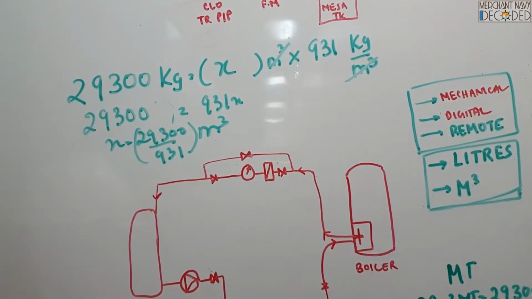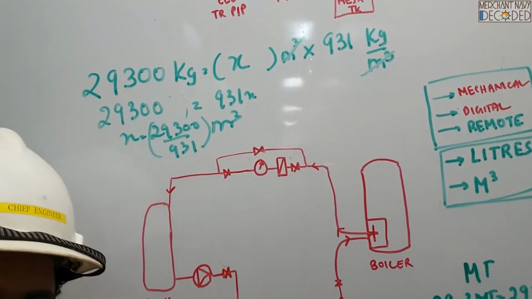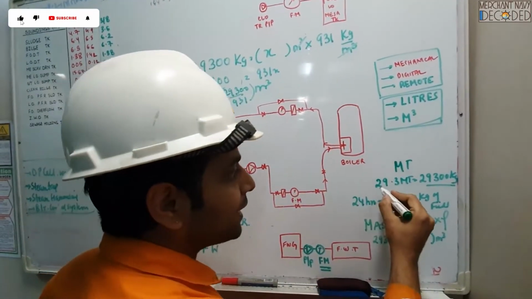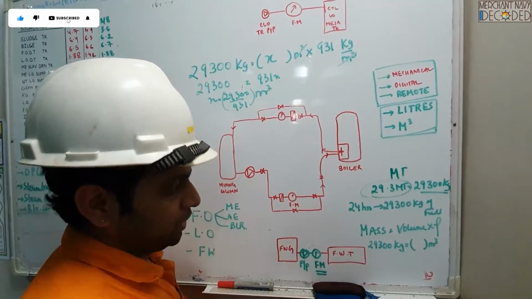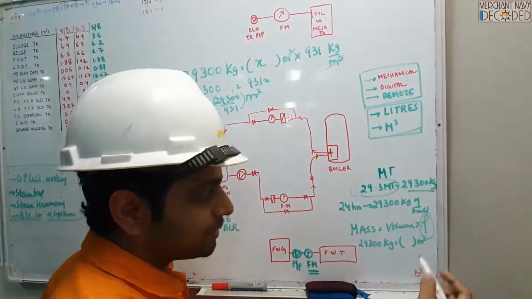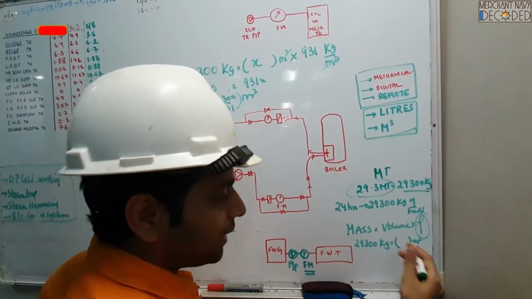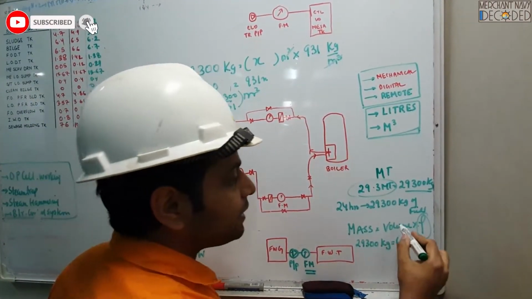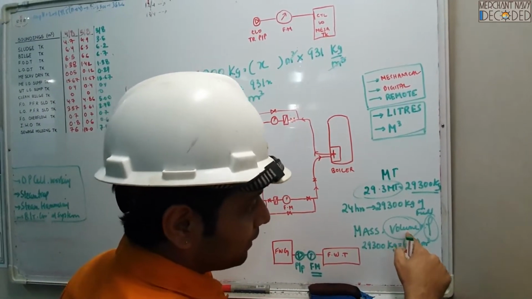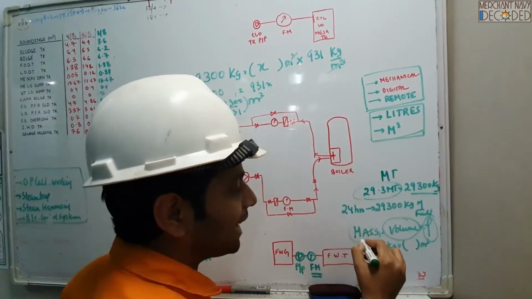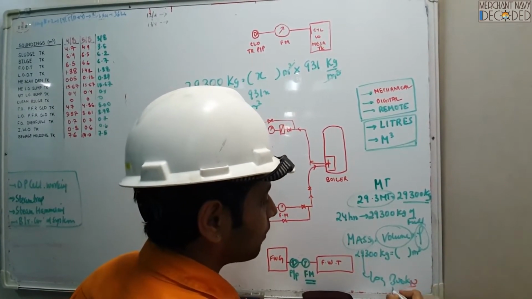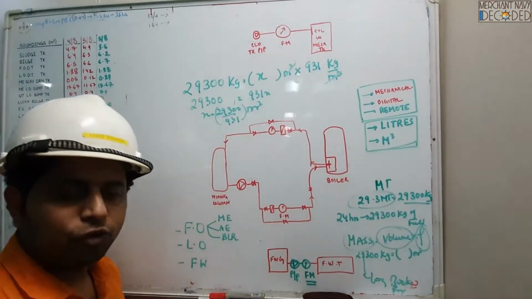Now guys, this is just a calculation that I have shown you over here. Actually it works in the reverse way. We have to calculate this mass actually, but what we know is the density, because when we bunker the fuel, we get this density, how much is the density of this fuel in kilogram per meter cube, and we need to know the volume. If we know the volume, we multiply this volume with the density, we get the mass, and that mass we then put in the logbook figure. Okay, this much mass of fuel we have consumed.